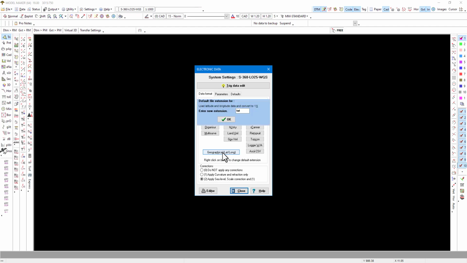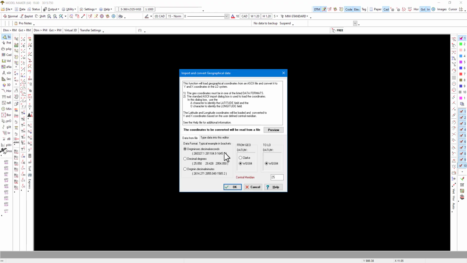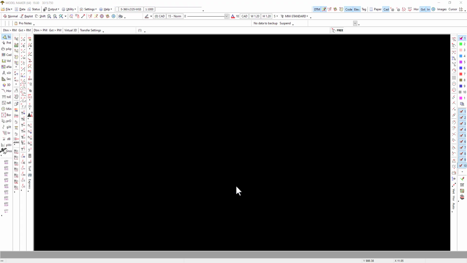You can just right click that and make sure you set your file extension to the same as the file you just saved. In this case it's a TXT, but you can also use CSV or whatever you saved. Now we will click on this button again and we're going to use the format that best suits the format we saw in the file we copied. That's the sample data. We want to use this format as our coordinate format and everything else should be fine. And now we will go to OK and locate the file